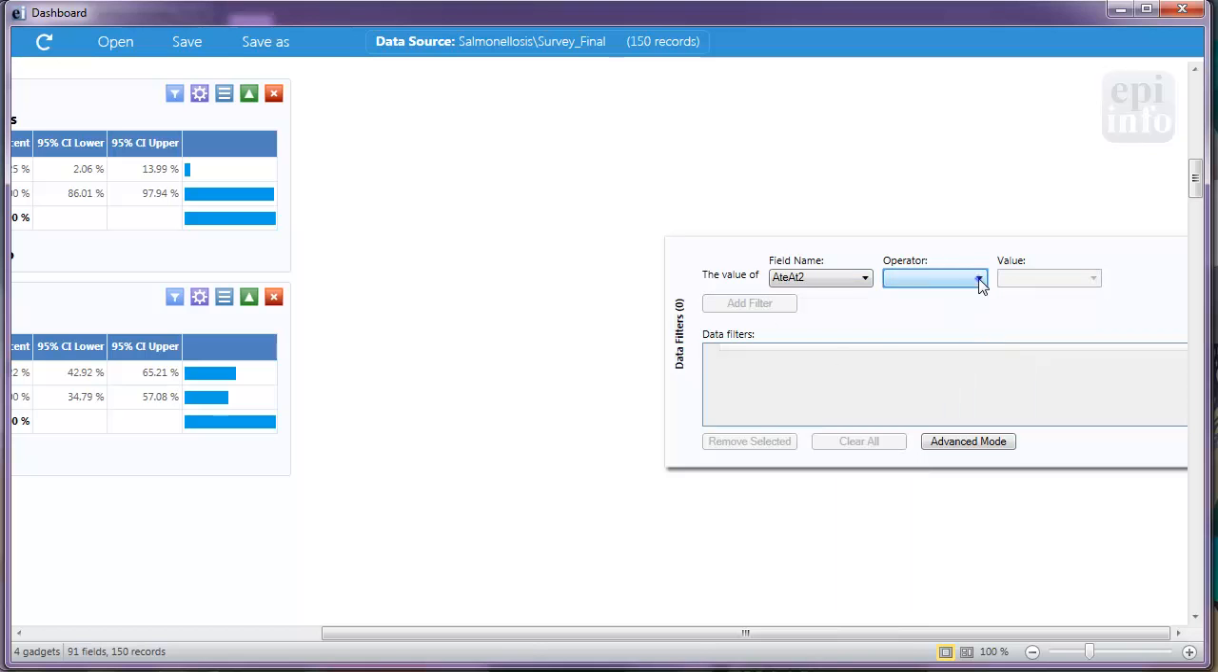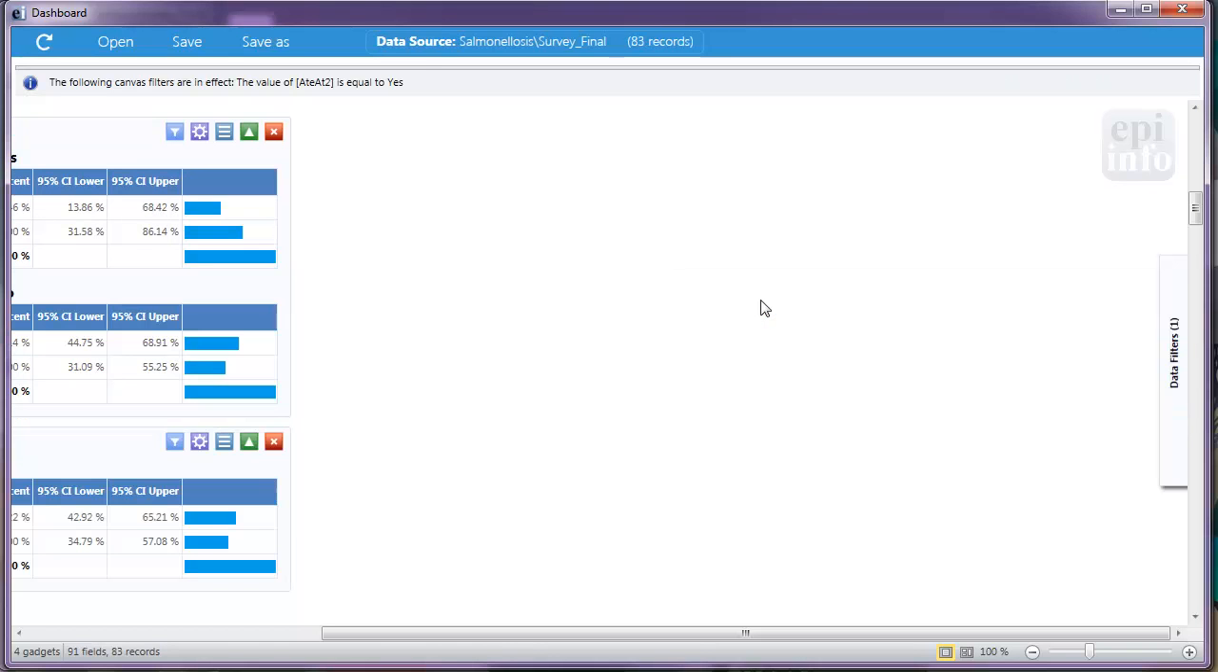The operator is equal to. The value is yes. And I'll click Add Filter. Now this means our data set is composed of records of people who only ate at 2. And if you look at the top of the canvas, you'll see that we now only have 83 records in